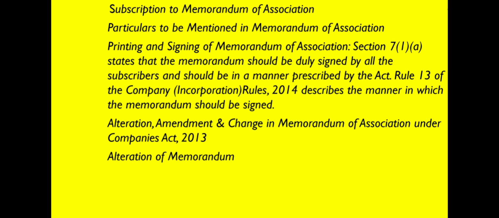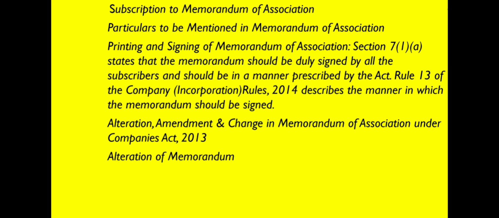12th, two identity proofs in which permanent account number is mandatory. 13th, residential proof not older than 2 months. 14th, proof of nationality if the subscriber is a foreign national. 15th, if the subscriber is a current director or promoter, then his designation along with name and company identity number.